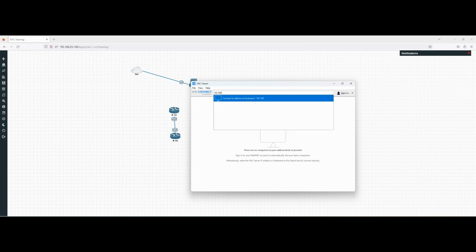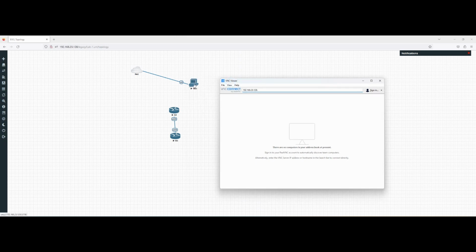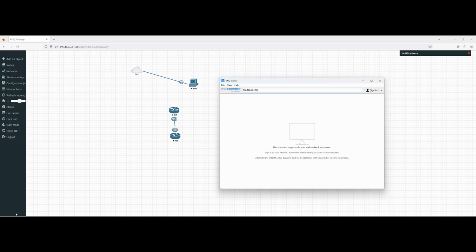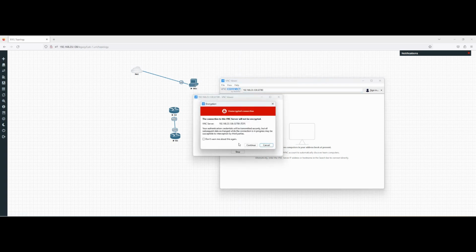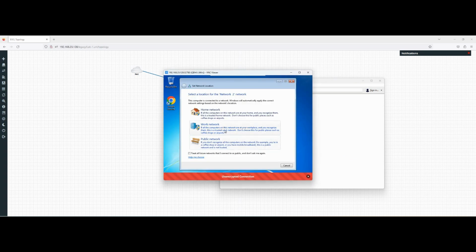It's 192.168.23.128, and at the end the port. The port number for this, if I come to this device, in the left side down, you can see the port number here. Okay, it is 32780. 32780, and okay, it means that yes, we are connected, and you can see that it's already connected to the internet,